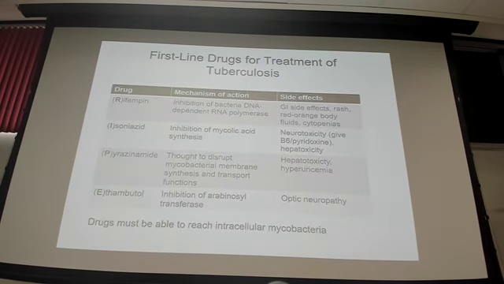And then in terms of first-line drugs, if you have a positive case, this acronym is helpful to memorize. It's RIPE. So rifampin, isoniazid, pyrazinamide, and ethambutol. These are the primary first-line drugs against tuberculosis. You should probably know them. You'll definitely be tested on them next semester in pharmacology, Part 1.